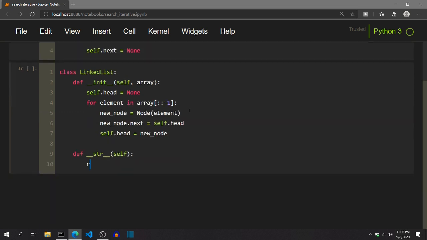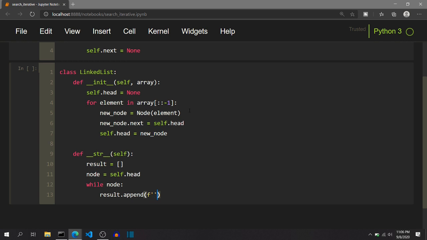Inside the string function, we will first construct an empty list like this, result, and we need to traverse all the nodes in the linked list. So we will start that traversal from self.head. While there are nodes in the linked list, we need to append to the result list the string representation of node.data.